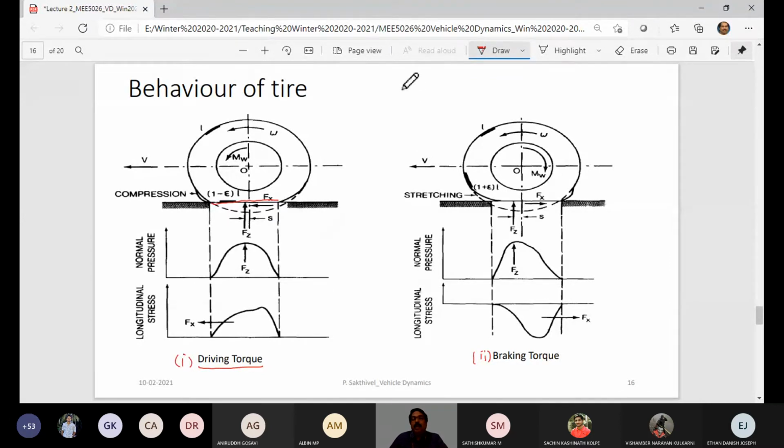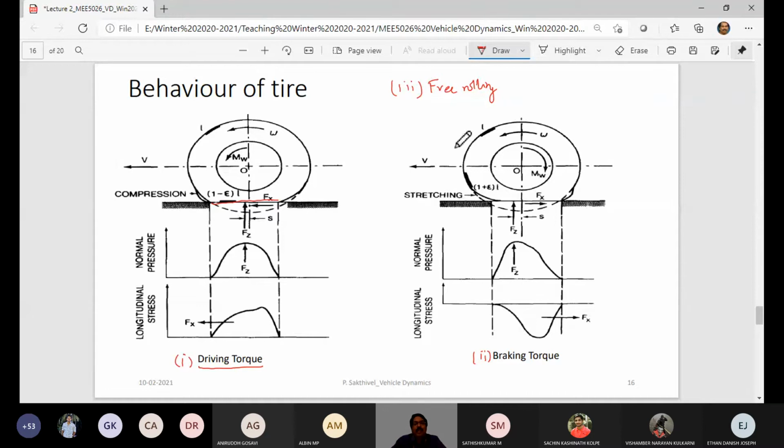Another important rolling condition is what is called the free rolling condition of your tire. So what is the free rolling condition of the tire? The tire is neither applied with driving torque nor with braking torque. So the tire is freely rolling. The main difference comes from this epsilon definition here.